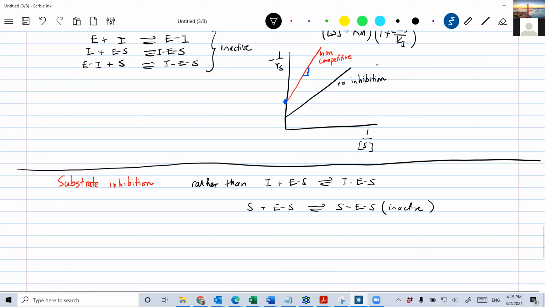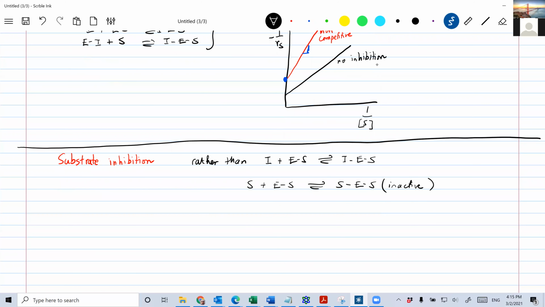So from there, what you can imagine happens is that in your uncompetitive inhibitor equation, you will basically end up replacing the inhibitor concentration with substrate concentration. So you would end up with